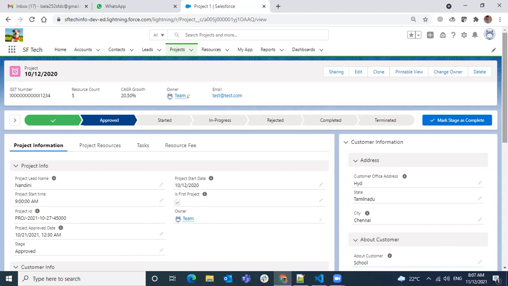A validation rule is also similar to a formula. There also you have logical operations, mathematical operations, string functions, everything. But always the output of your formula in a validation rule has to be true or false. And if the outcome is true, it will show you the error message. If the outcome is false, then it will not show any error message. Is that clear?